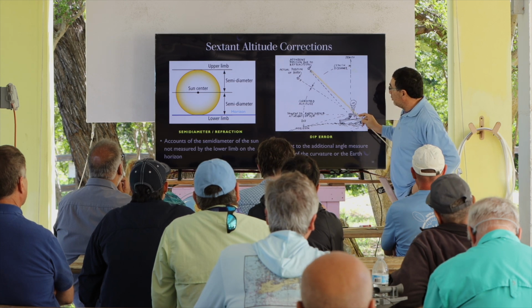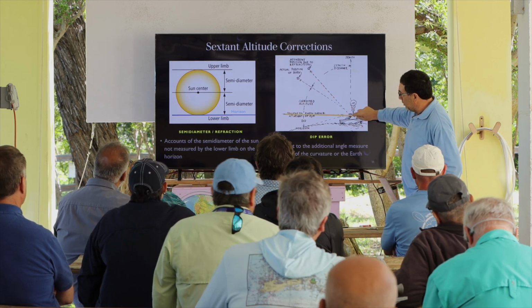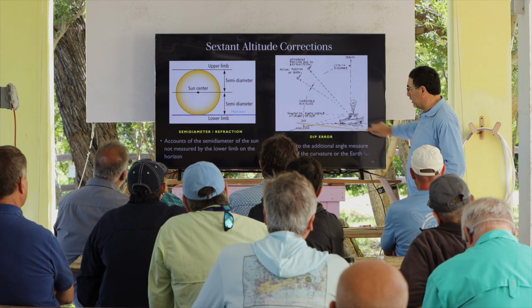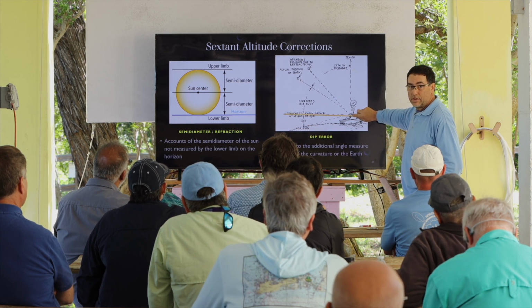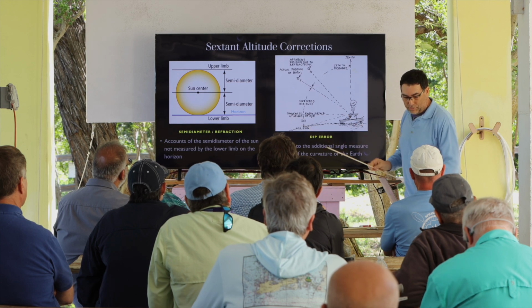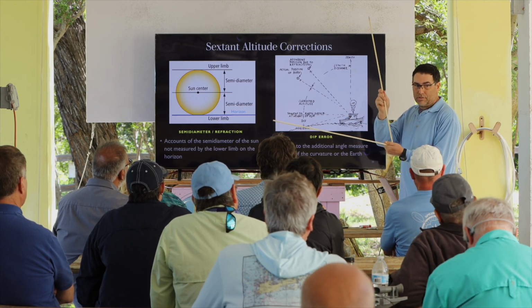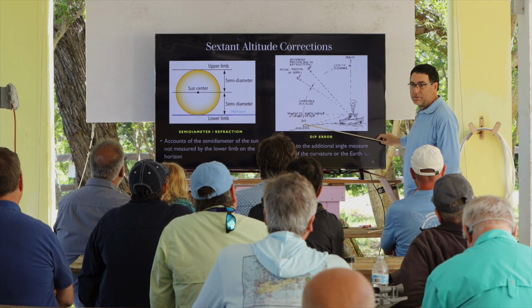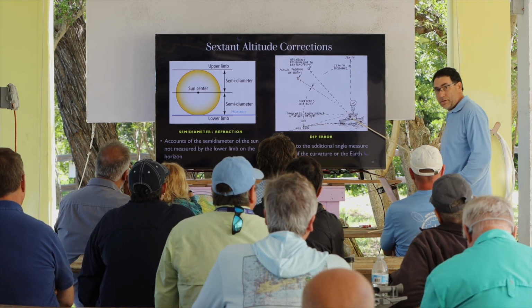So the altitude that we are measuring here, instead of being here, is actually more. So we need to deduct what is called dip error, we need to deduct this part, okay? If you use the sextant, right? If you use the famous stick like this, no correction at all, okay? But if you use this, there's a couple of minutes,